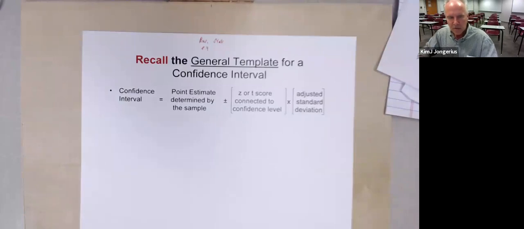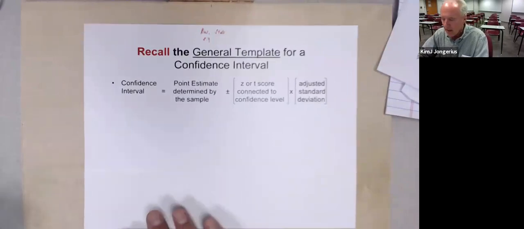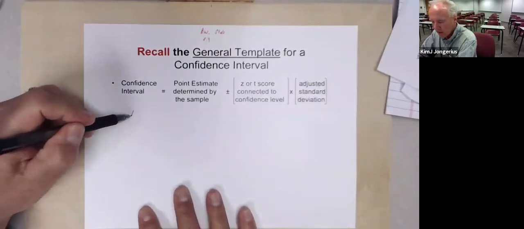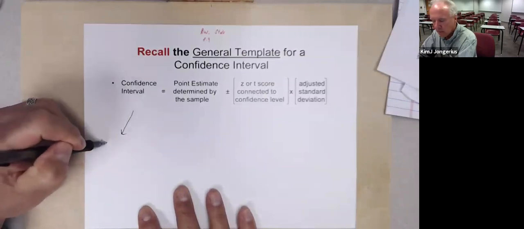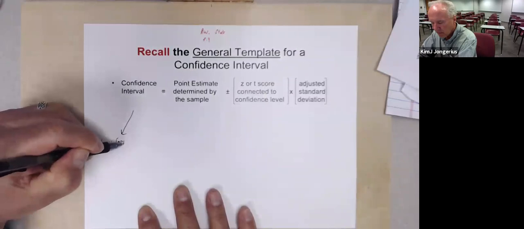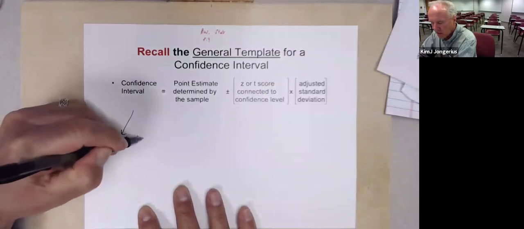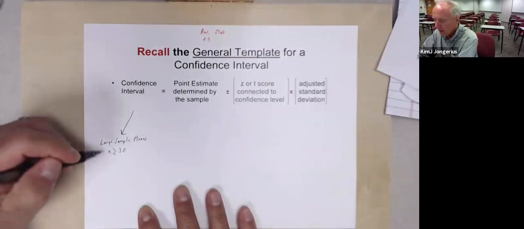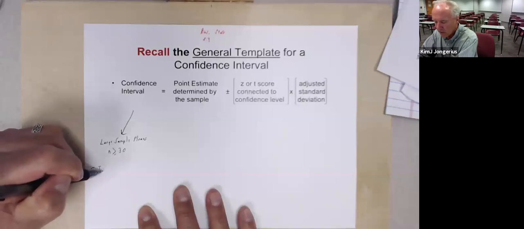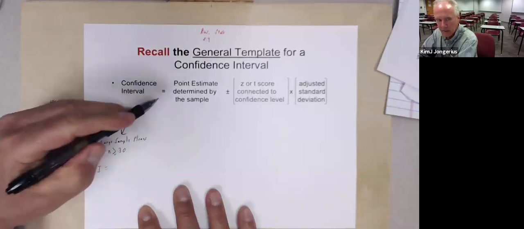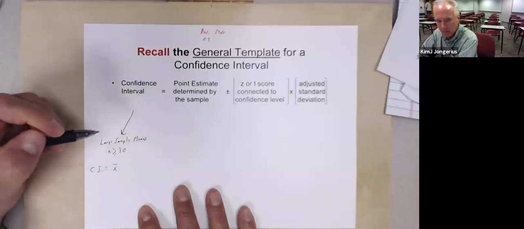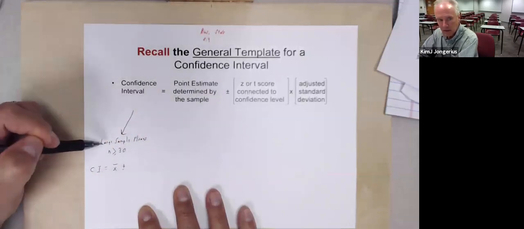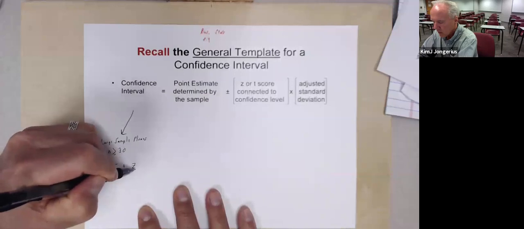This slide should look familiar to you as we have seen it in the past. One of the things that we have done with confidence intervals is we have looked at large sample means. These are already in your notes. That would be when n is greater than or equal to 30. That formula for confidence intervals is our point estimate, which was x bar, plus or minus our z or t score. Because it was a large sample, it was a z-score,